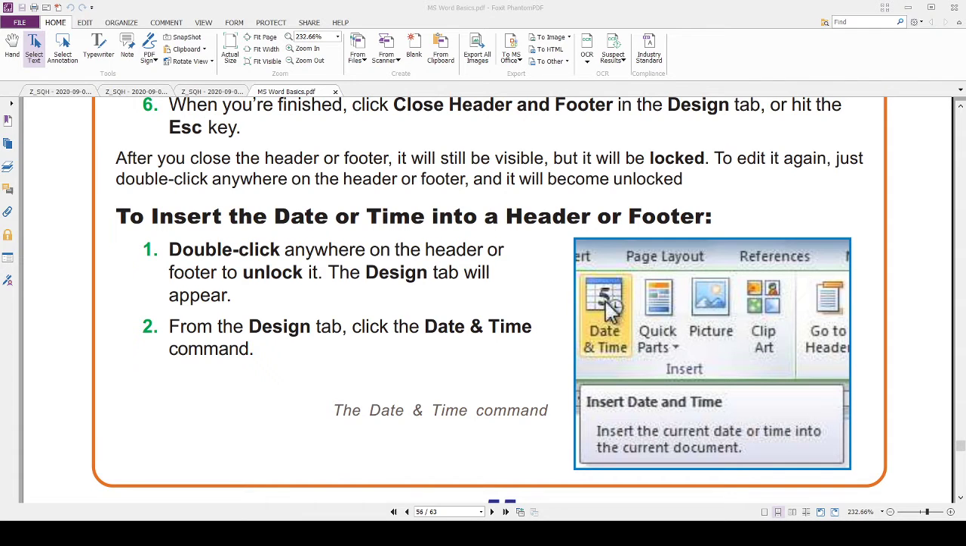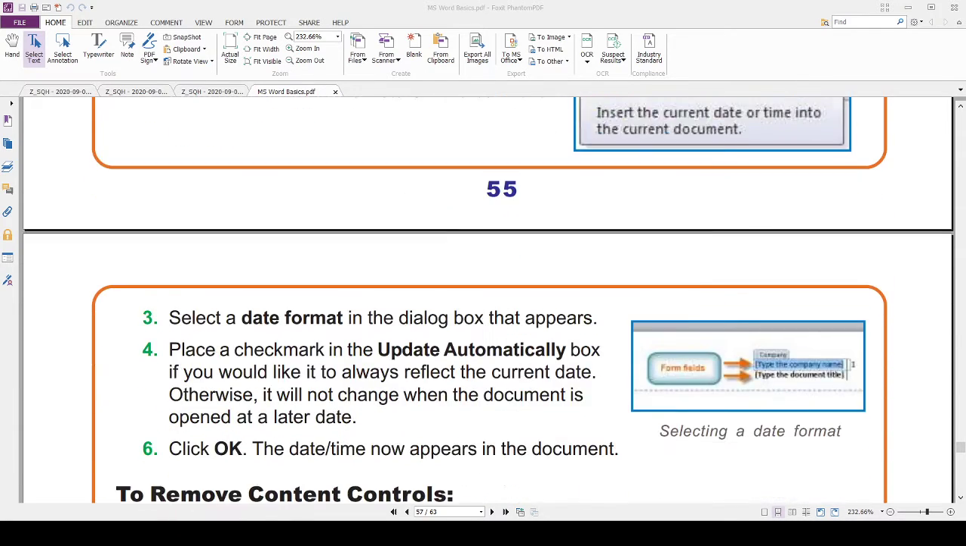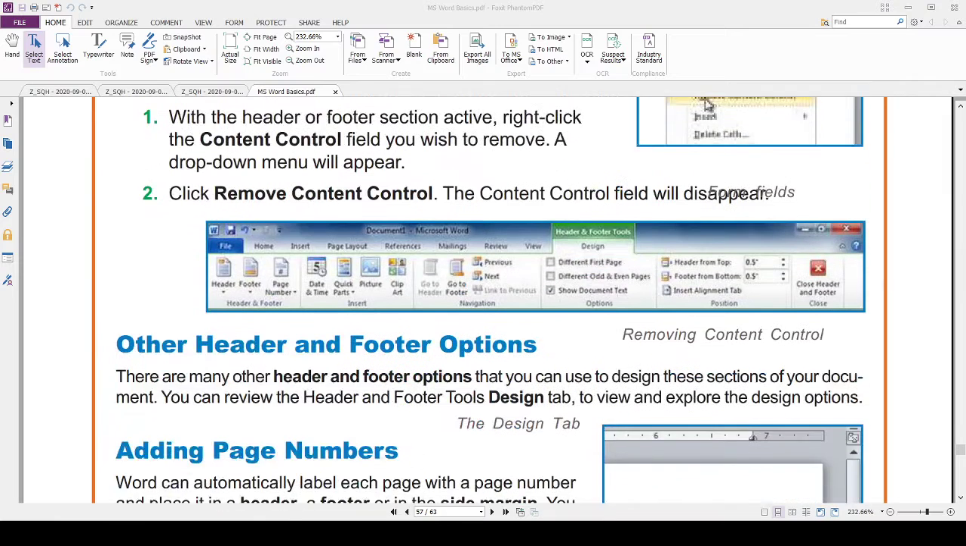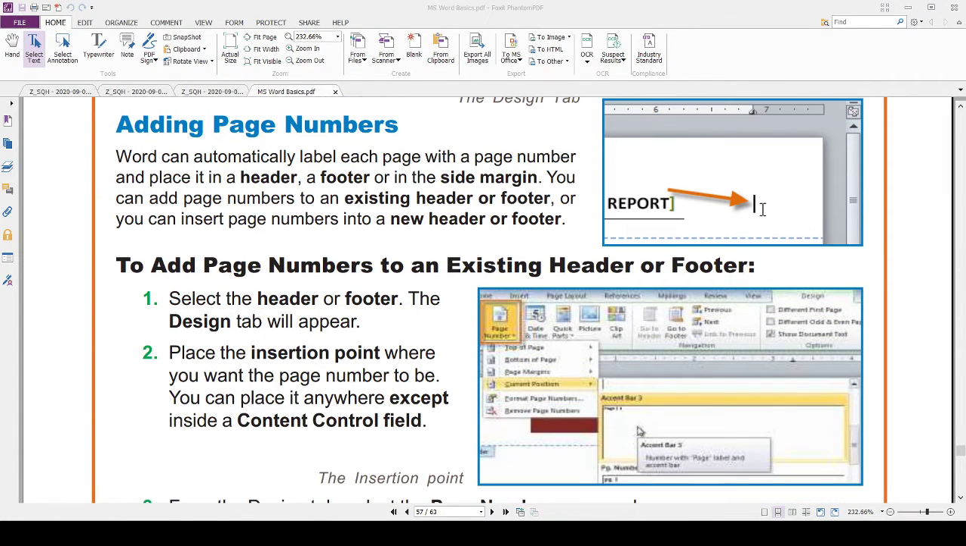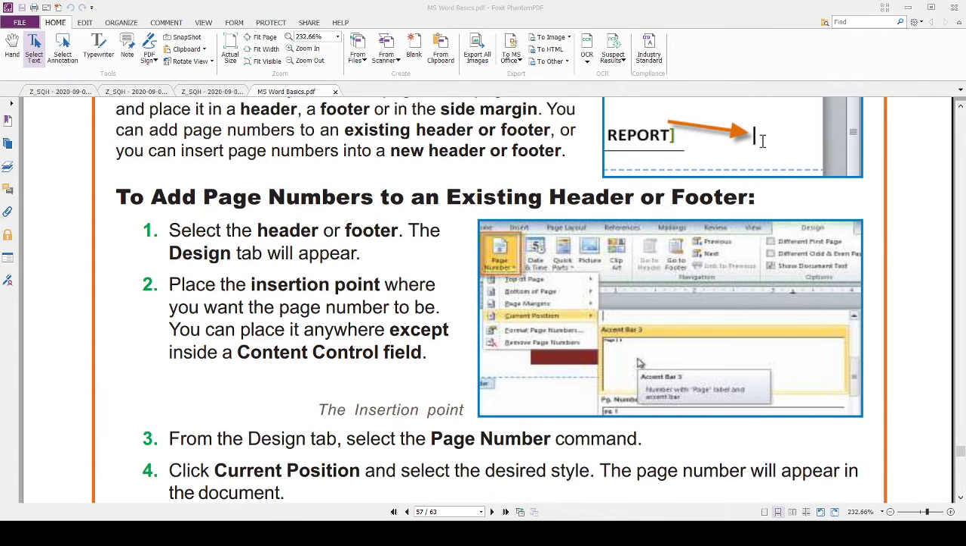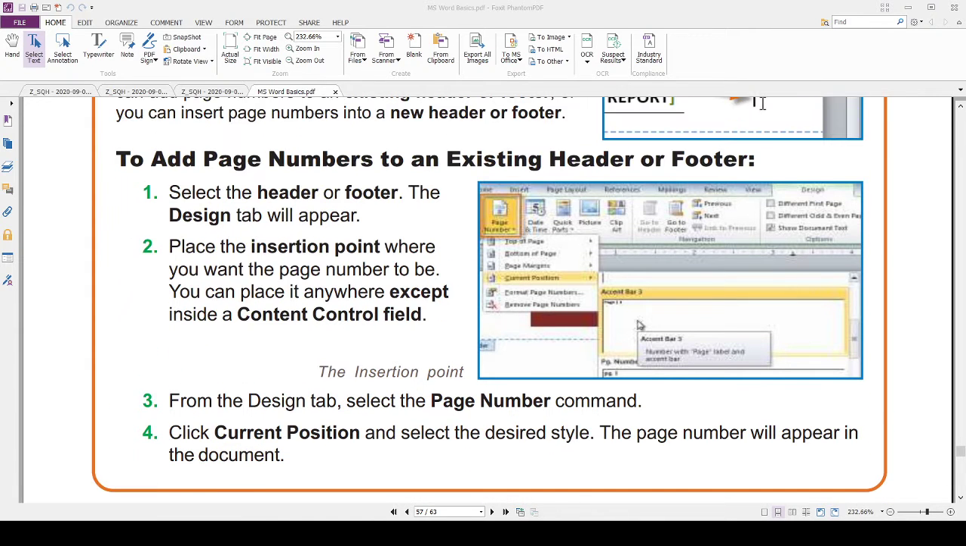We've done the insert of the date. I've done the removal of the content control, and then we can just maybe look at the page numbers that you can do in headers and footers, and again it's going to do it automatically across all the pages of the document. So if I'm still currently in the header of the document,